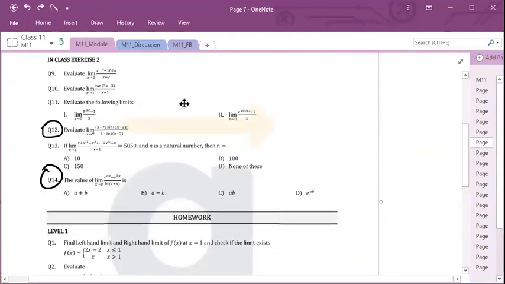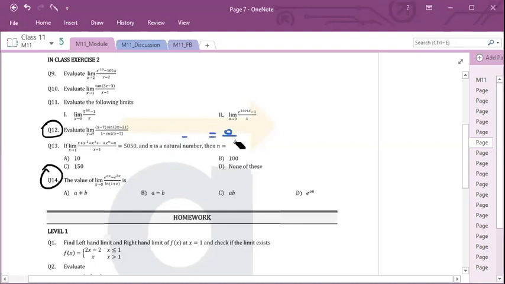Now limit x tends to 7, (x minus 7) sine (3x minus 12) divided by 1 minus cos (x minus 7). So use this concept first. What is our first step? Release the limit. So if I release the limit, 7 minus 7 is 0. Sine 21 minus 21, sine 0. Sine 0 is also 0. Divided by 1 minus cos 0, right? Cos 7 minus 7 is 0. Cos 0 is 1. So 1 minus 1 is also 0. So it is your 0 by 0 form.